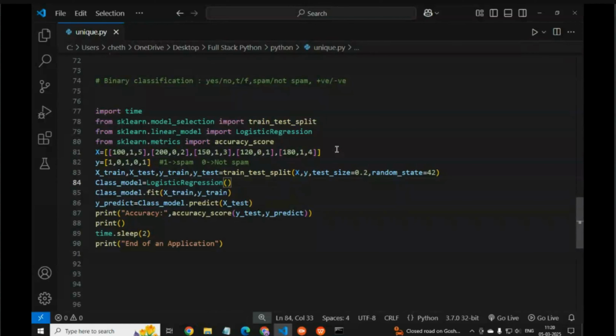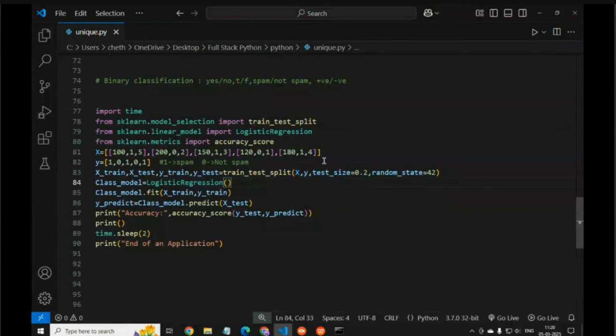It is used to train the model. X train and Y train variables are used to train the model, and X test and Y test are the test set, used to evaluate the model. Why do we use test size? 20% of the data is used for testing, only 20%.